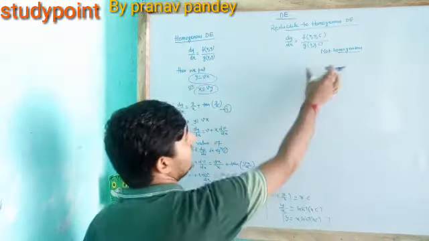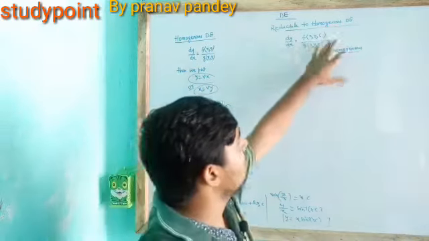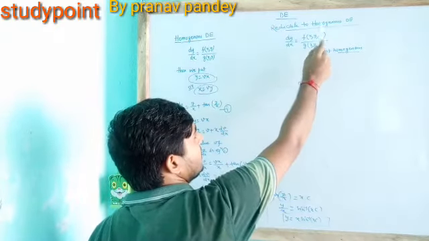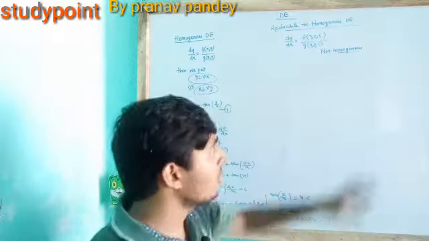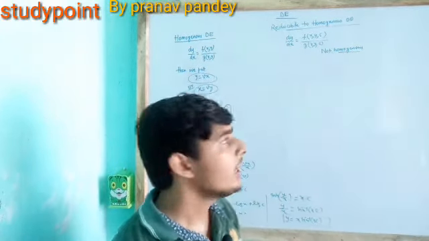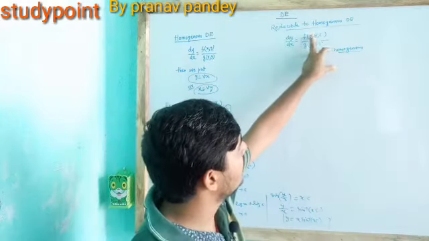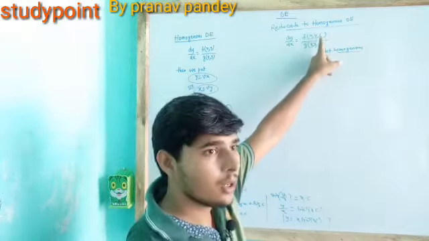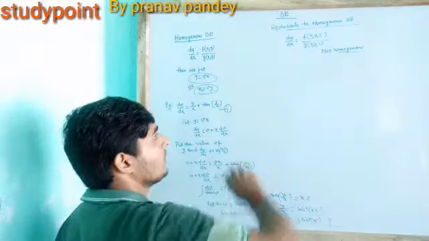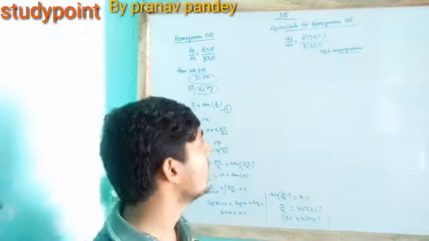So we will say here: reducible to homogeneous differential equation. If any function is of this form, here we can see an arbitrary constant c, which is not a necessary condition. Maybe here we get x square or y square, anything, but in this we get an arbitrary constant c. These two satisfy the condition, but here the constant c does not satisfy the condition. So we need to reduce it to a homogeneous differential equation.